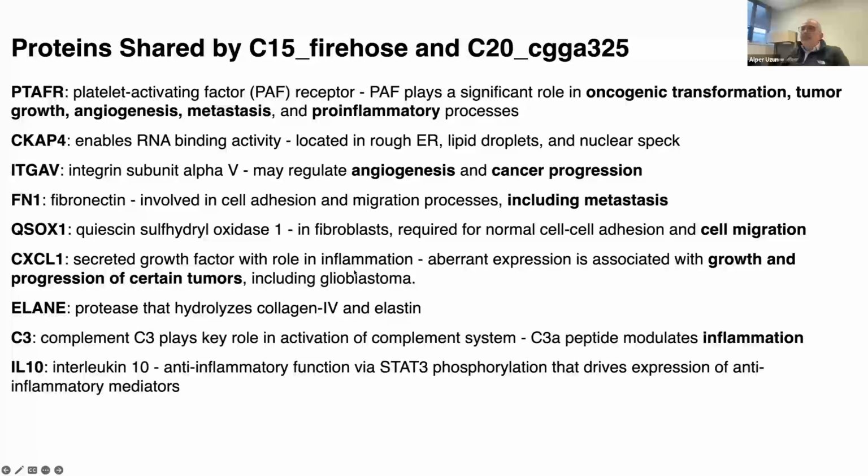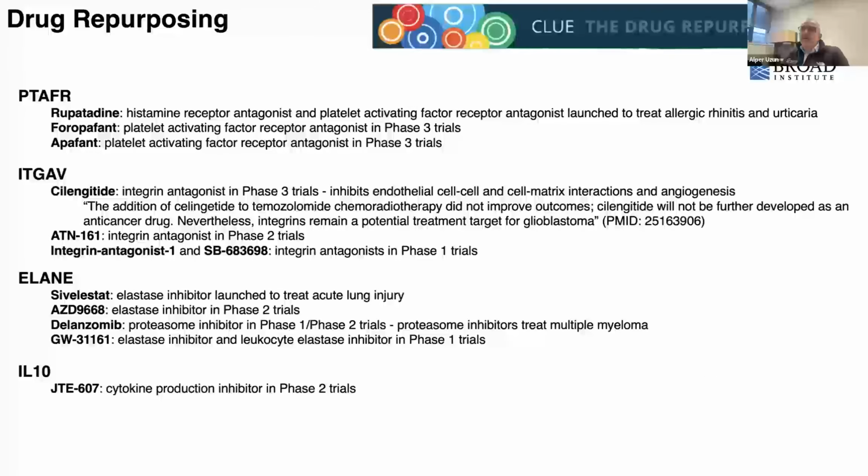Then what are those 9 genes? These 9 genes are associated with angiogenesis, cancer progression, including metastasis. Now these 2 different data sets with the similar network and 9 overlapping targets can be used for drug repurposing. So this was another outcome for that purpose.